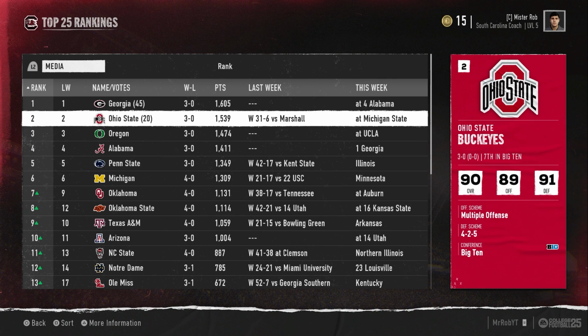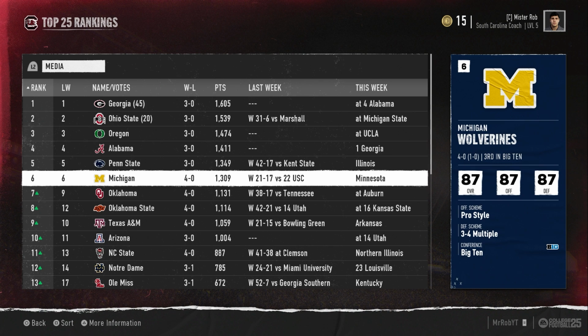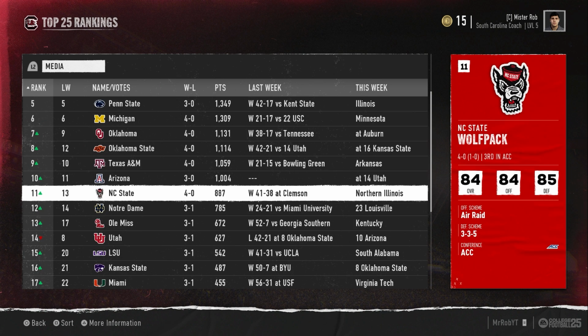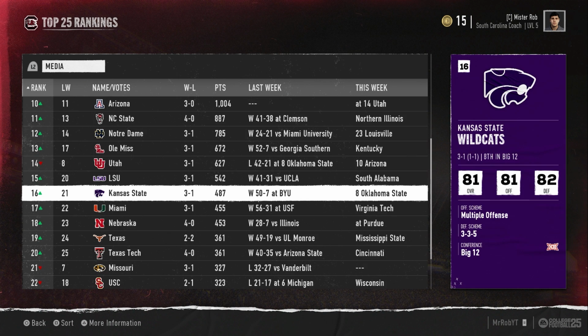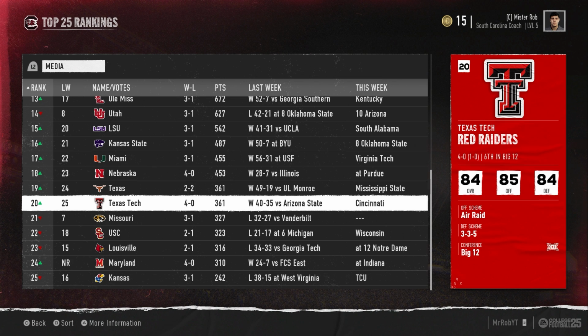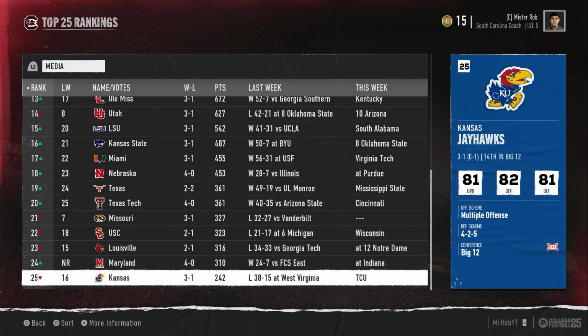Here are your rankings around the country as the top 6 all stay the same. Oklahoma moves up a couple of spots because Utah lost to Oklahoma State. And the other team we saw lost was Missouri. So a couple of other teams move around. USC drops a couple. Maryland is the only team that enters the rankings. They're now 24th. As Tennessee's lost, they get knocked